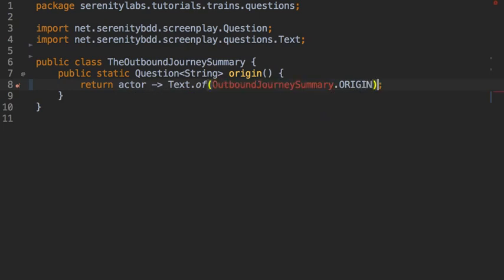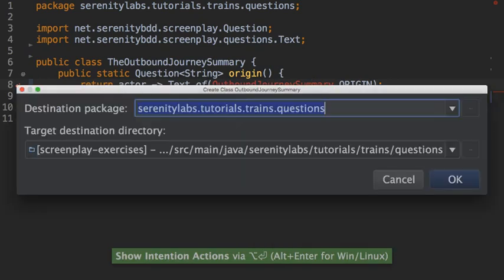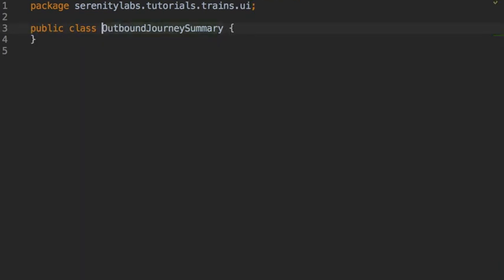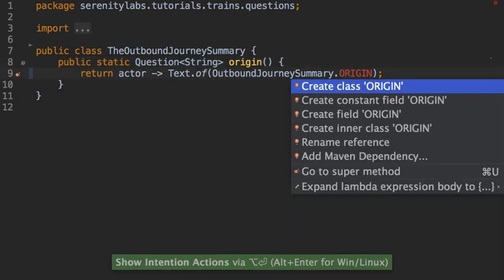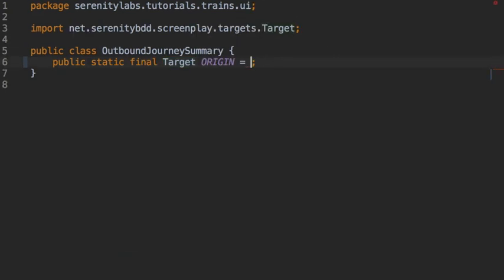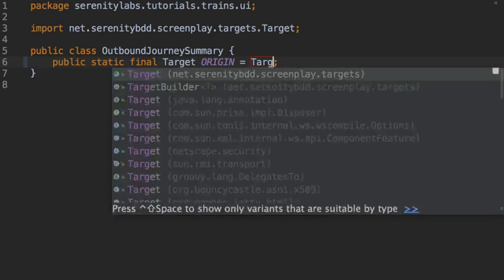We're using the same principle, same general approach as the previous example where we were doing the tasks. So the outbound journey summary origin, what is the origin? So this is going to be a constant, and it's going to be something like